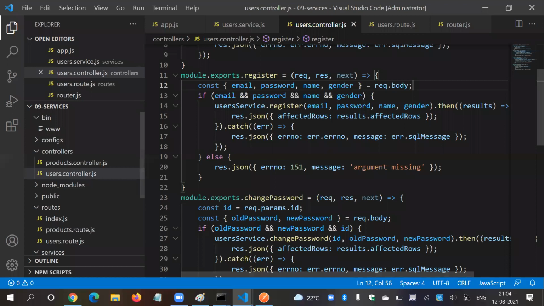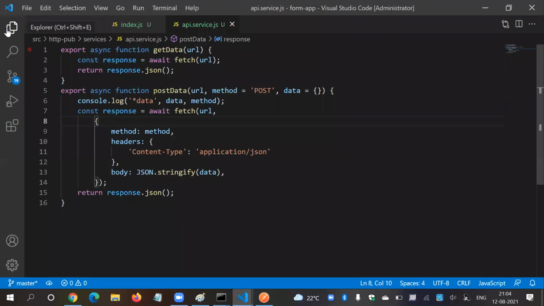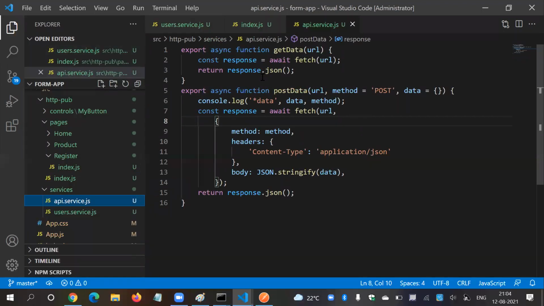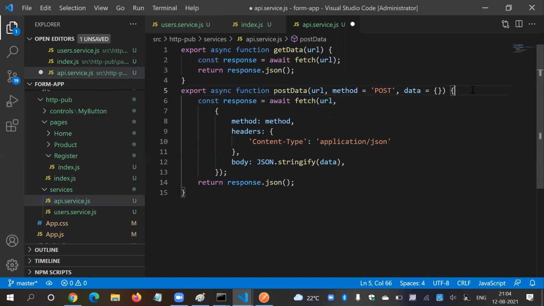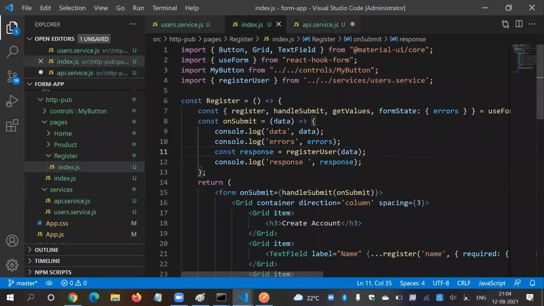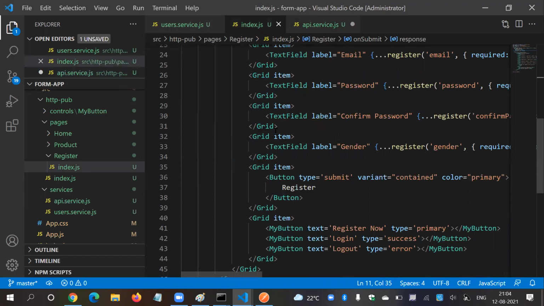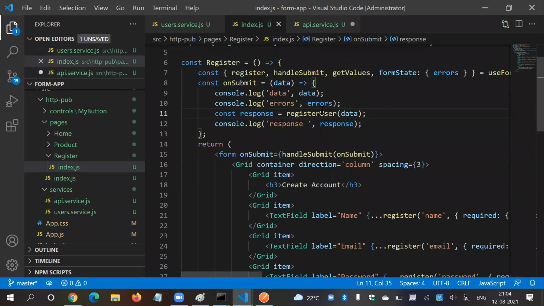So let's have a look over here in our code. Like what we did in this session, we created this simple API call from the backend. Before, we learned how to use the get method, but this time we used post.